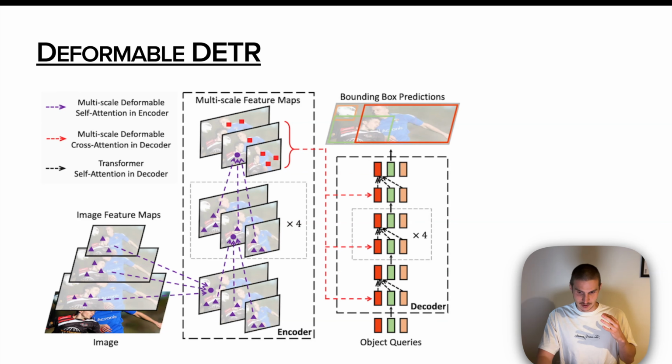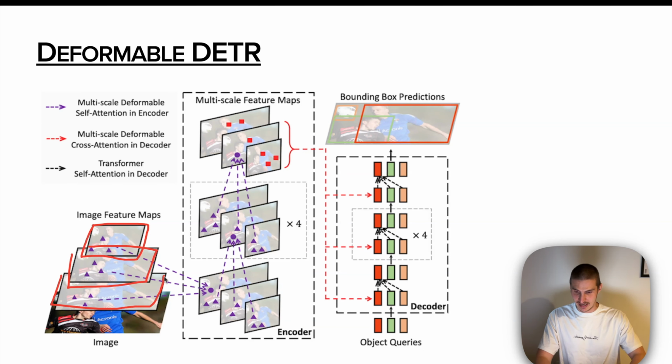We changed the actual attention type used in the encoder. So deformable attention is now linear in complexity with respect to the sequence length, which means that we can allow ourselves now to take several levels of intermediate backbone output. So we'll have 20 by 20, 40 by 40, 80 by 80, and then just pass all of them into the encoder, process all of them in parallel, and get our high resolution bounding box predictions that now are more